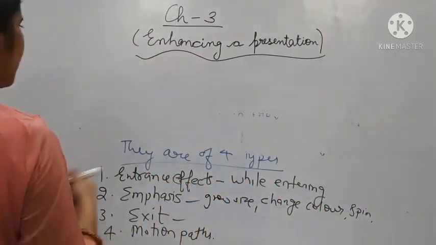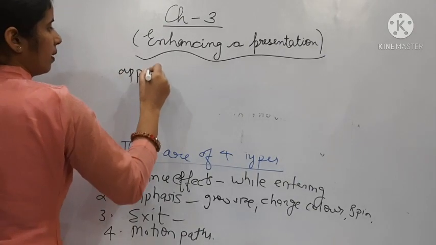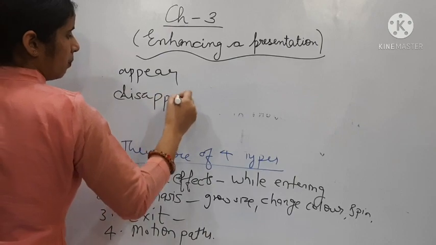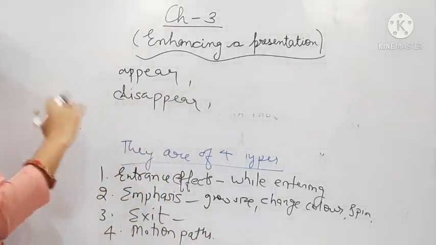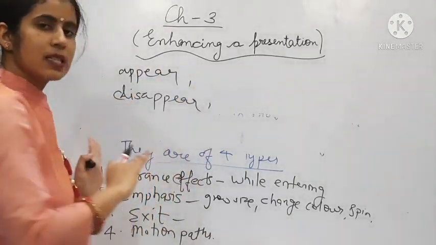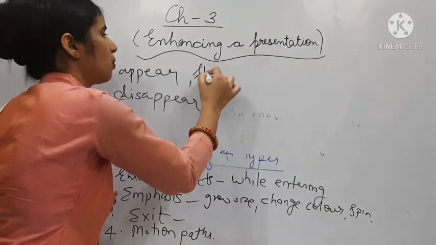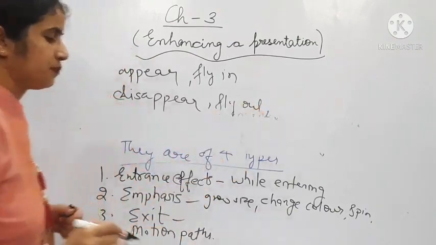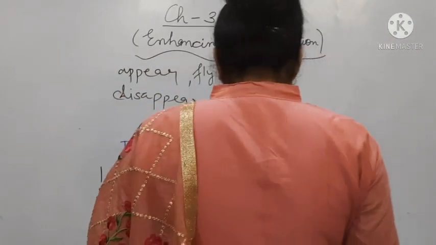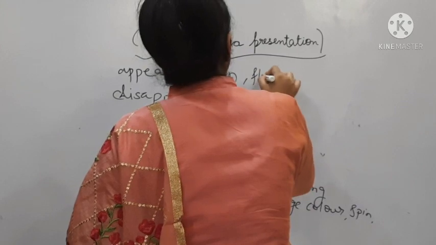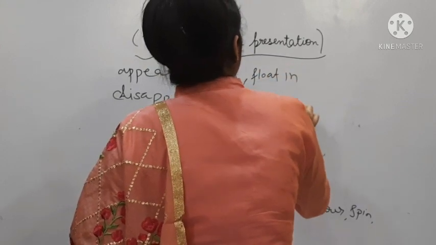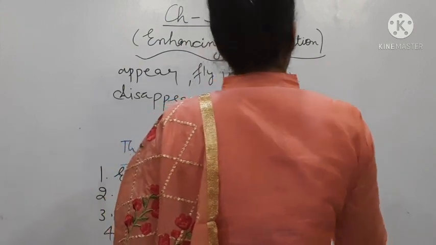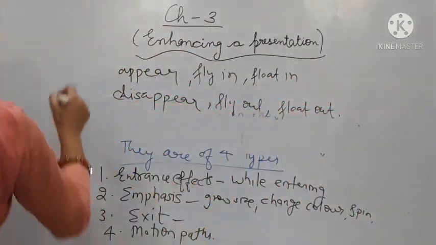Whenever we are using entrance, it will show appear. Whenever we are exiting, it will show us disappear. Because here the slide is entering, here the slide is going out. Next, here it will show us fly in, here it will show us fly out. Okay, next here it will show float, here it will show float out. Okay, so in this way they are entrance effects